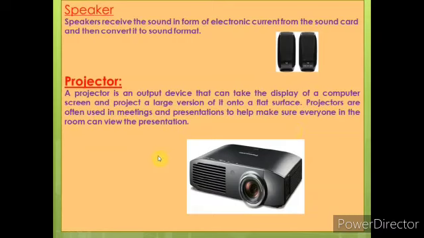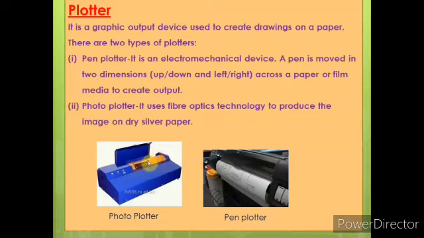Then comes your next output device, that is a plotter. A plotter is just like a printer, but it gives better quality than the printer. It is actually used in printing presses to print books, graph pages and other materials, diagrams, physics diagrams and other things, where measurements are important. So in that we use a plotter because it gives better print quality.